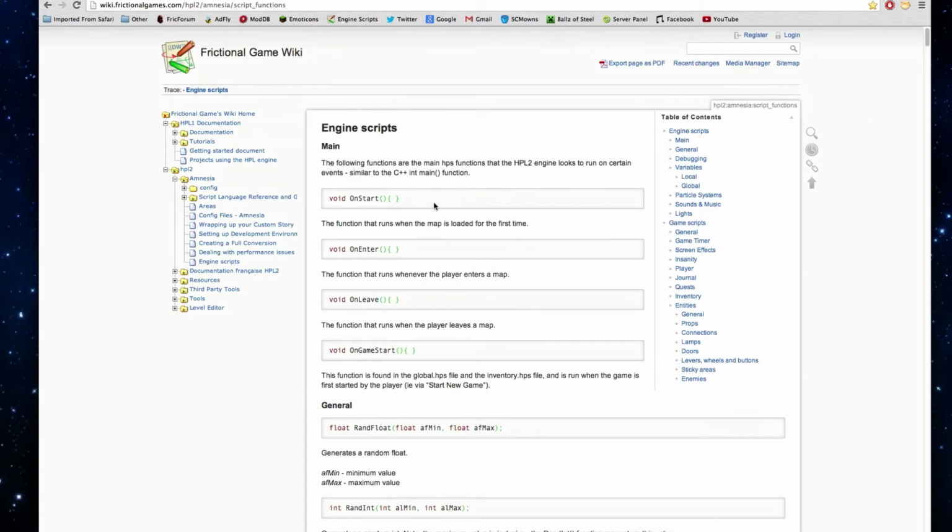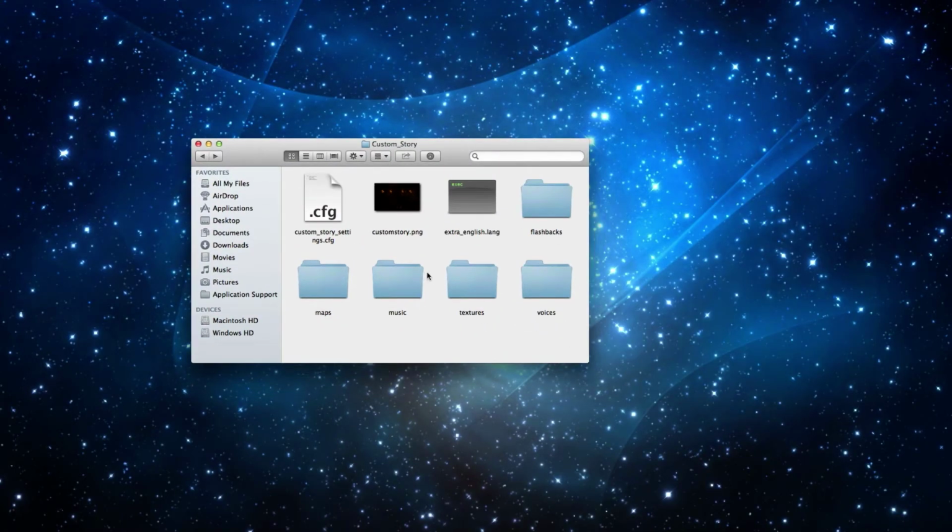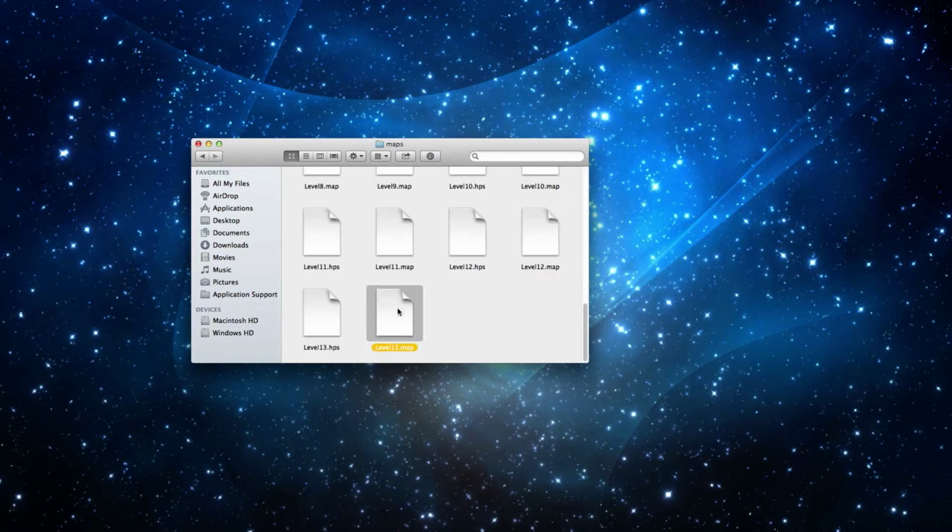If you're using any functions and you don't know exactly how they are required to be, you can just Command F or Control F and find it on this page and look at the parameters and fill it in. However, I remember the ones I'm going to use, so I'm just going to write them in directly. But if you need any more info on the functions I'm going to use, you can just look them up on the page.